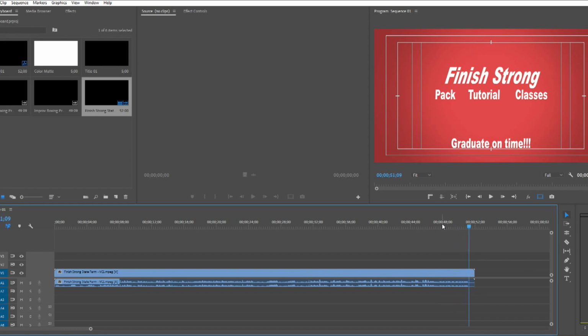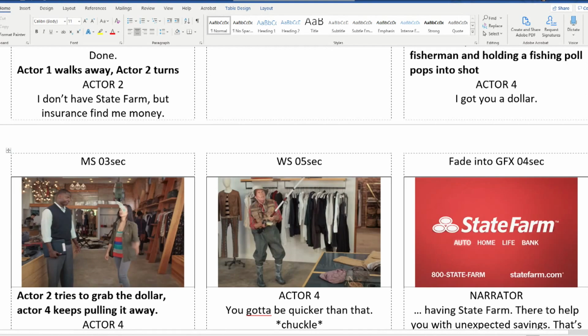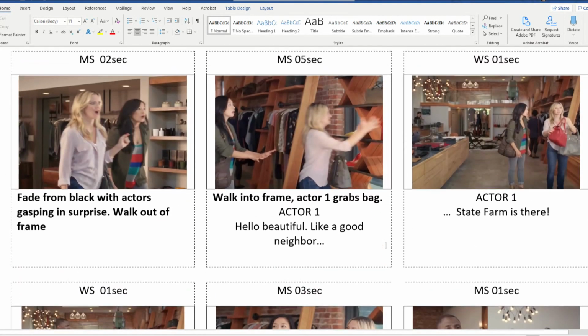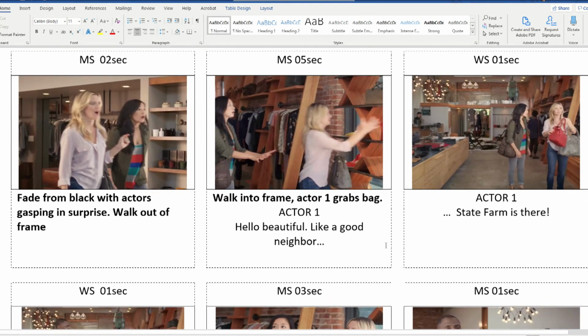And I thought that was a nice touch at the end where we tried to simulate that graphic that State Farm has, and also their tone, with something a little bit 8-bit. So looking at this storyboard, you can easily see how well this could be taken and translated into something else for any